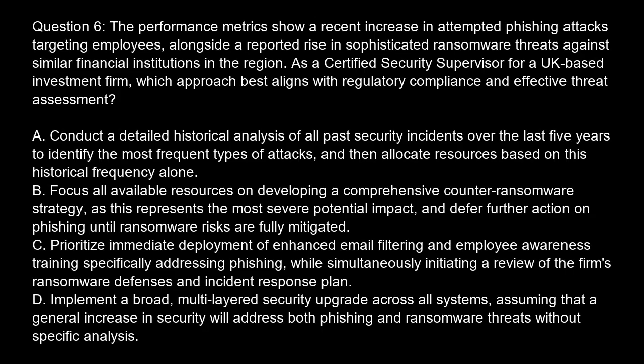conduct. Question 6. The performance metrics show a recent increase in attempted phishing attacks targeting employees, alongside a reported rise in sophisticated ransomware threats against similar financial institutions in the region. As a certified security supervisor for a UK-based investment firm, which approach best aligns with regulatory compliance and effective threat